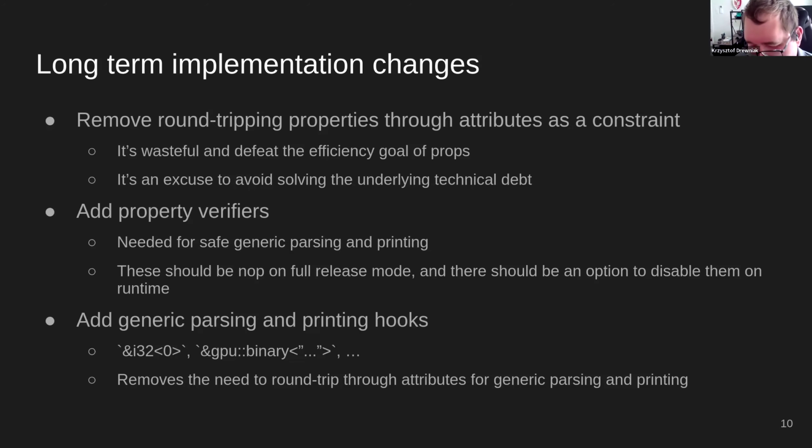No, I mean, yeah, I think I'm at least coming around to the notion of generic parsing and printing hooks, just so you can kind of smuggle non-attribute properties across without having to really do much. Yeah, I think I see what you're trying to get at, and I think it makes sense. And therefore, I think I can also at least get behind, okay, we can have